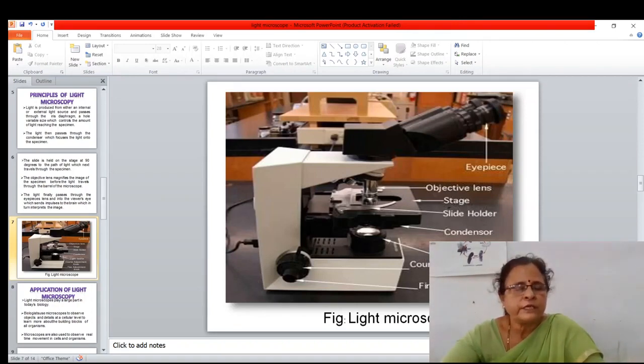Above the stage is an objective lens which magnifies in various powers, and we get objective lenses magnifying 10x, 40x, 100x and so on. The first image of the object is formed by this objective lens and sent to the upper lens through the body tube. Then this body tube conveys the virtual image to the ocular lens, which further modifies this image and makes it available to the eye.